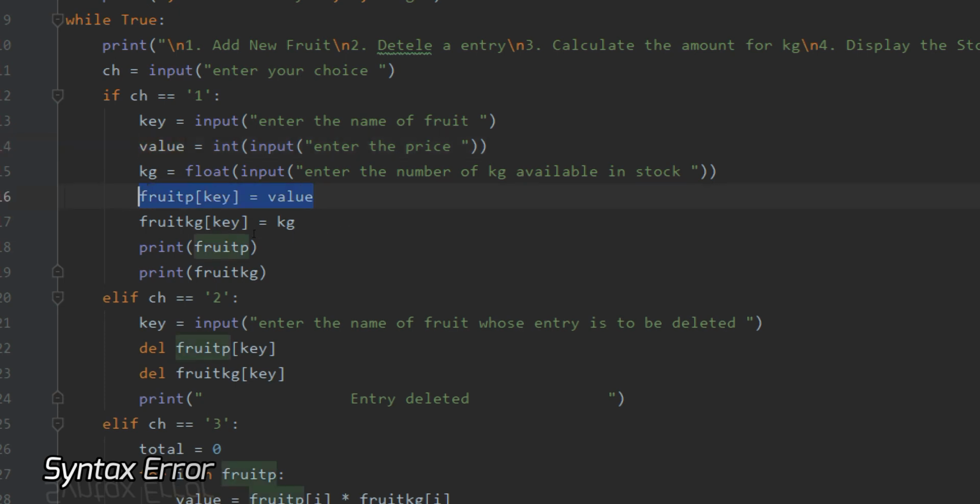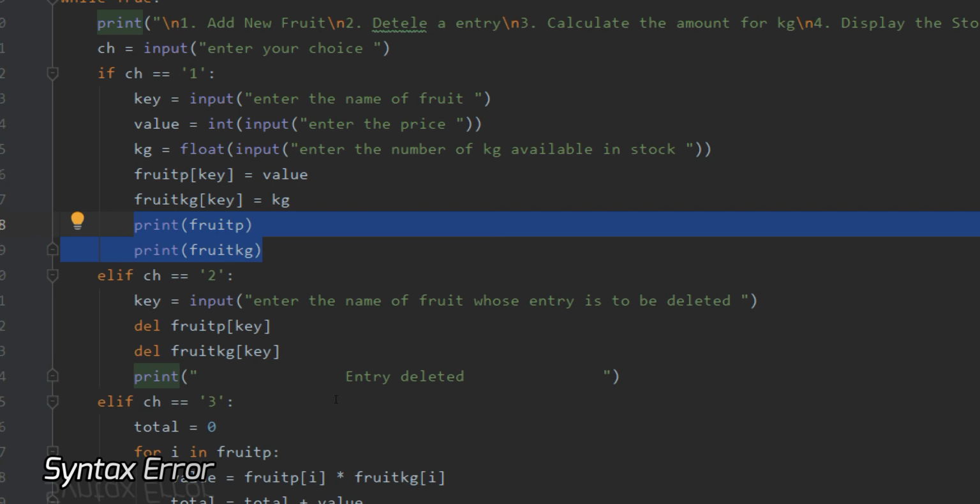This will be stored in my first dictionary, and in my second dictionary, my kg will be stored. Again, my key is the same, but these values are different, that are being dedicated to the fruit P and fruit kg dictionary. And I'm simply printing the fruit P and fruit kg dictionary. This was for adding a new fruit.